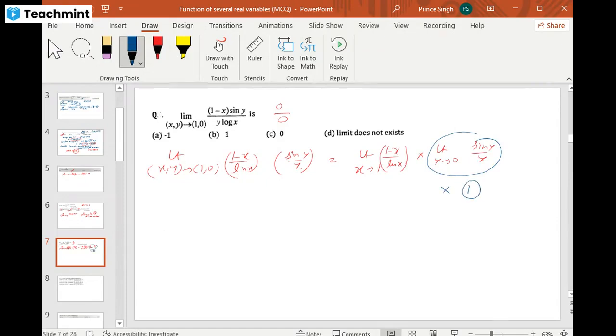To calculate this limit, we can apply L'Hopital's rule for a one variable function because it is a 0/0 indeterminate form. So what can we do? We differentiate the numerator function. The derivative of 1 minus x is minus 1, and the derivative of log x is 1 upon x. Okay, because according to the L'Hopital rule,